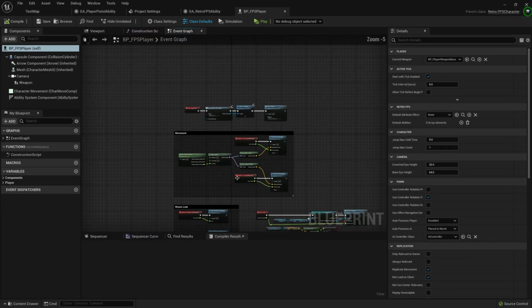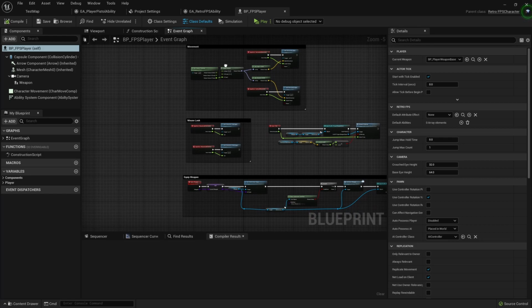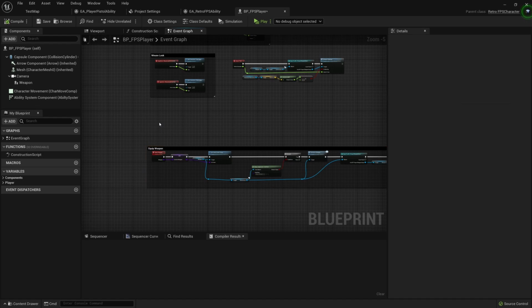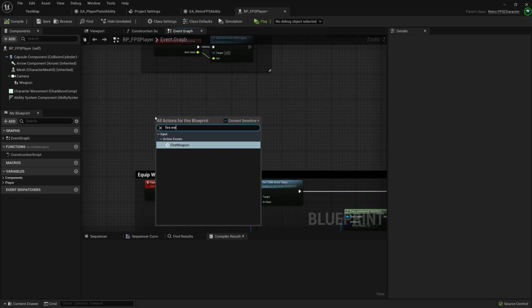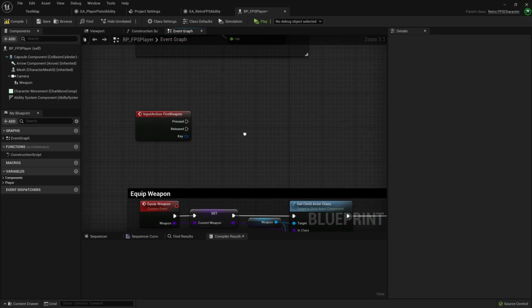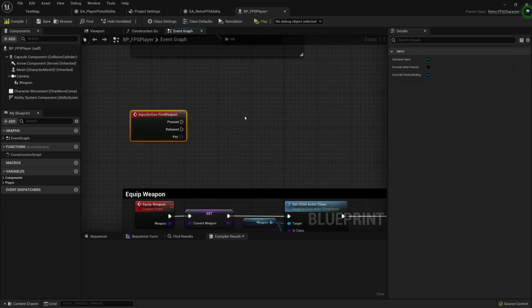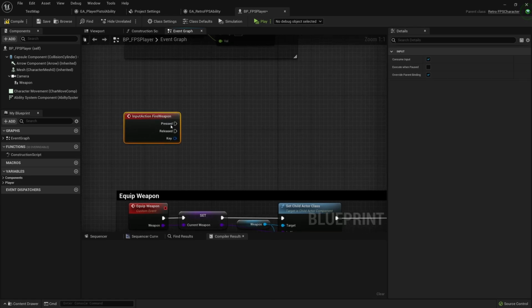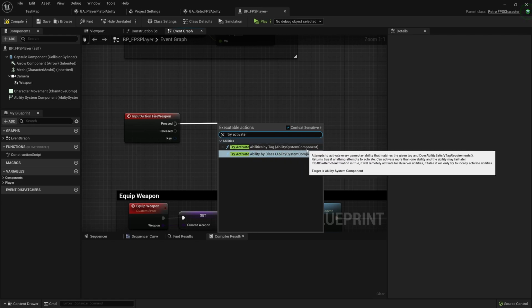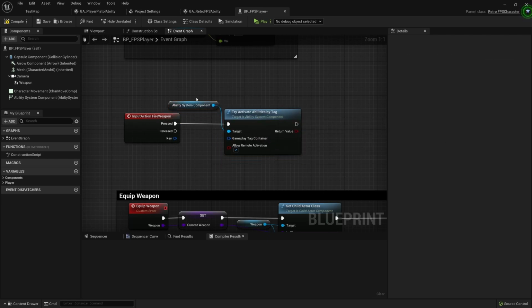And then we can move over to the player blueprint. And we have to add that input. So I'll just put it down here. And now we have to figure out what happens, how do we fire an actual ability using an input action. What we're going to use is a function called try_activate ability by tag right here, and it's part of the ability system component. And all we need to do